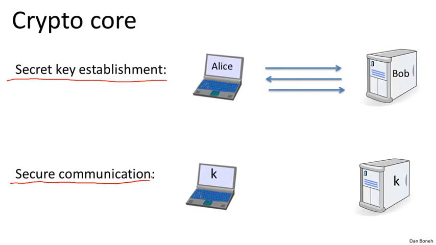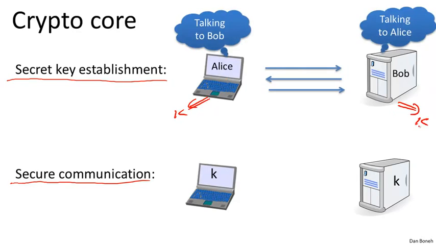We already said that secure key establishment essentially amounts to Alice and Bob sending messages to one another, such that at the end of this protocol there's a shared key K that they both agree on. And beyond just a shared key, Alice would know that she's talking to Bob, and Bob would know that he's talking to Alice. But a poor attacker who listens in on this conversation has no idea what the shared key is. And we'll see how to do that later on in the course.